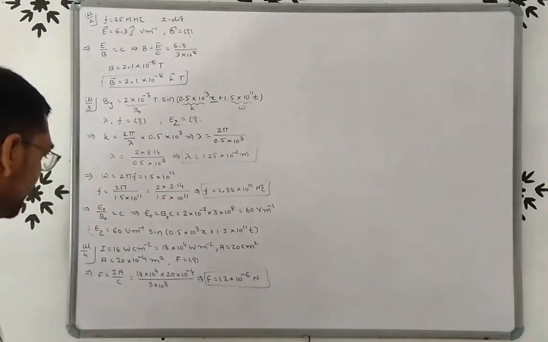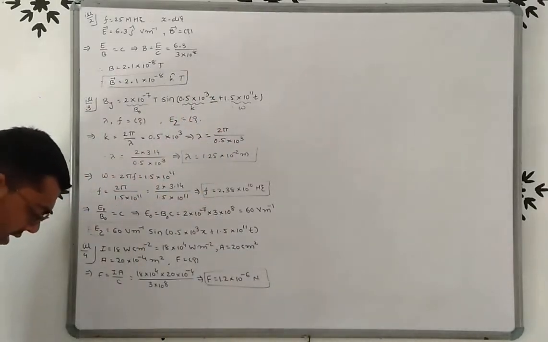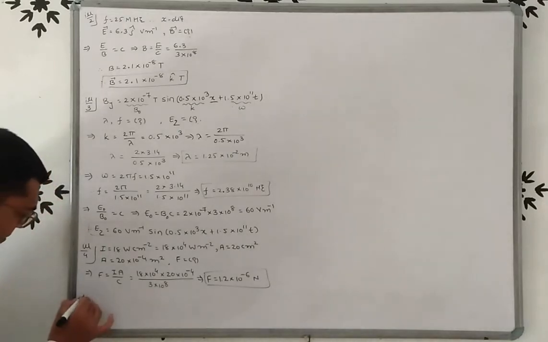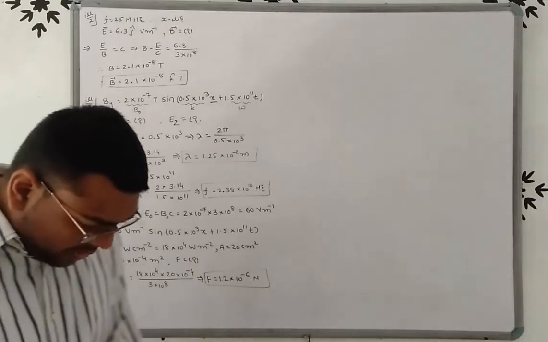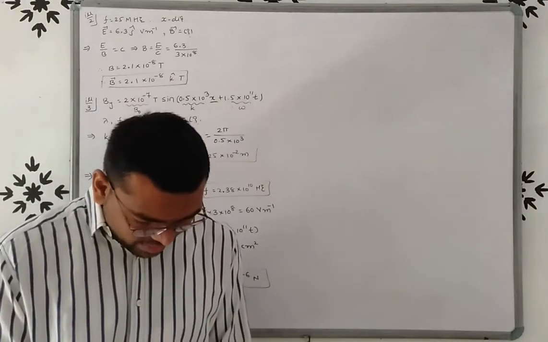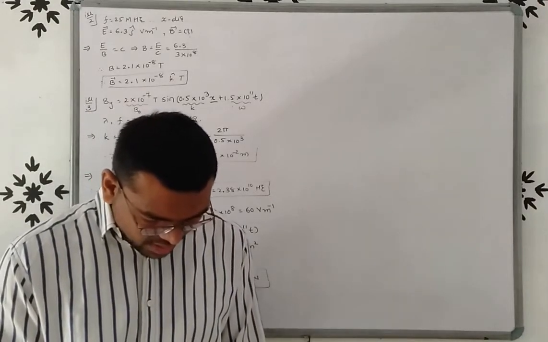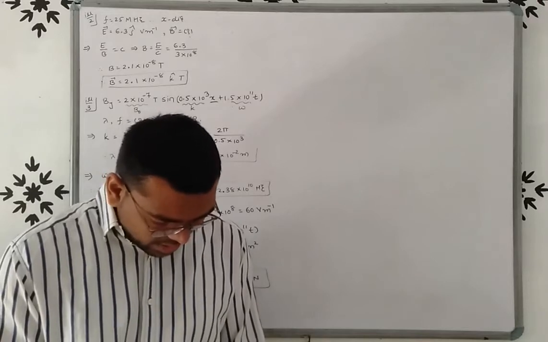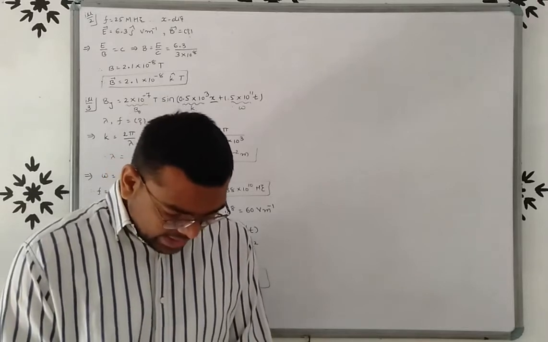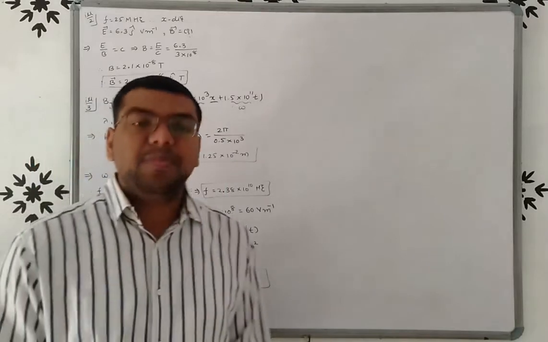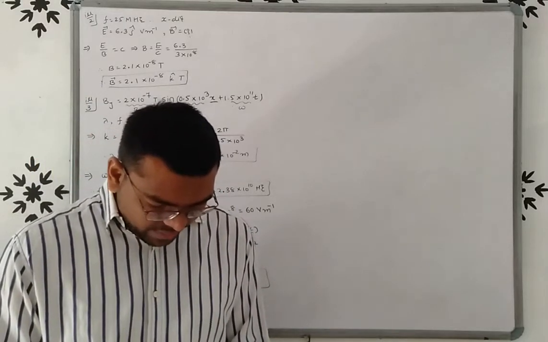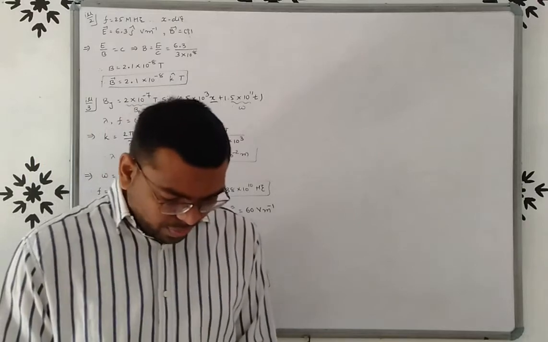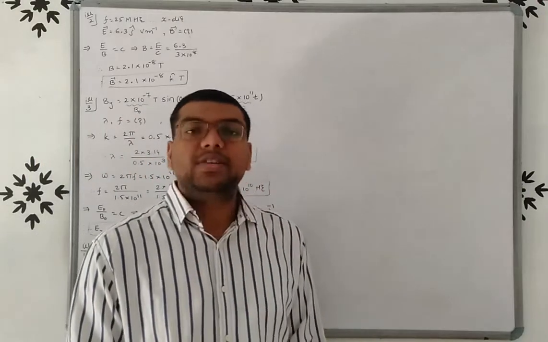Now friends, see the next example, that is illustration 5. Calculate the electric and magnetic field produced by the radiation coming from a 100 watt bulb at a distance of 3 meters. Assume that the efficiency of the bulb is 2.5% and it is a point source.